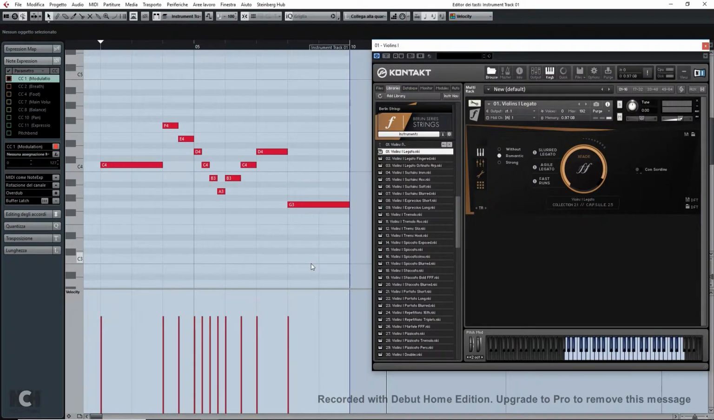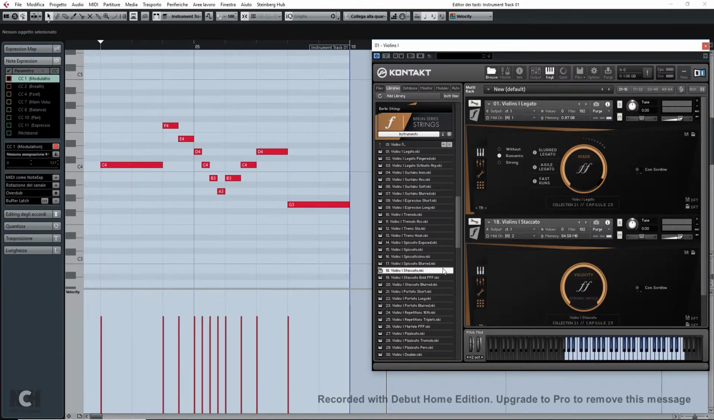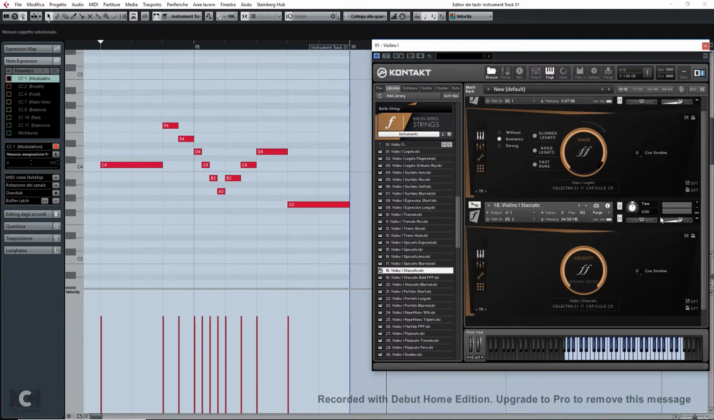Okay, what if now I want to add another articulation? I want to play, for example, these notes with staccato. Well, we have to load staccato, double click, and can you see? As a default, Berlin Strings puts velocity and not X-fade. Also here we can change X-fade or velocity, but because staccato is a percussive note, the program puts velocity